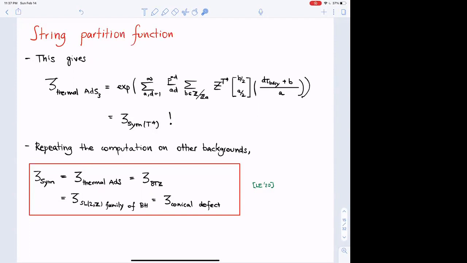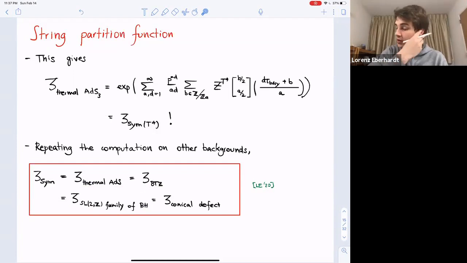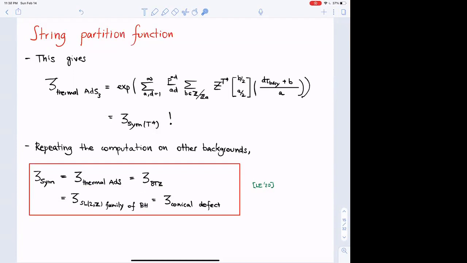I don't know, but this answer that you have here, once you've computed it, the modular invariance under the boundary modular parameter makes it manifest that it will be the same for the whole SL(2,Z) family, but the conical defect is not related by any simple